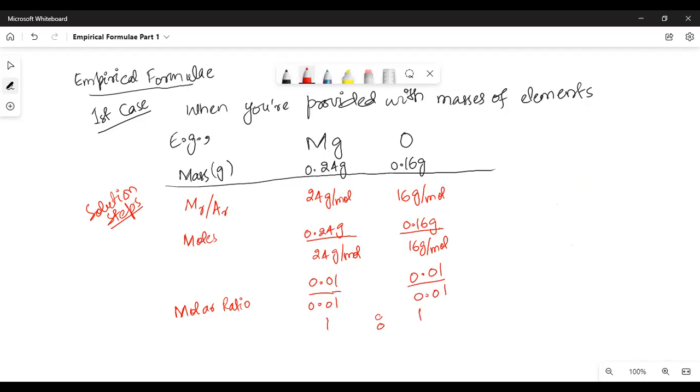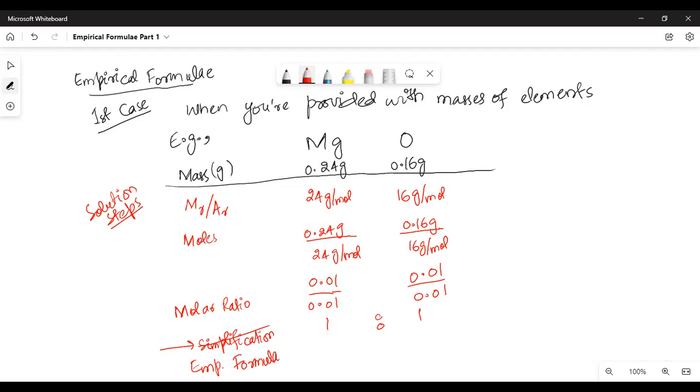And the last step, if you require a simplification step, you need to go with that. Simplification is a step which is required if you still don't get whole numbers. If you still get numbers with decimals, you require further simplification. And simplification means multiplying with a suitable number to get a whole number. But since our numbers are already whole numbers, we don't really need this step, and we can simply move on to our last step, which is